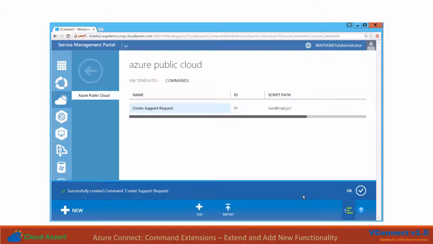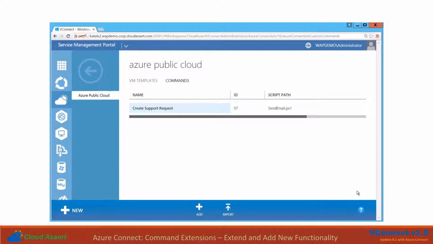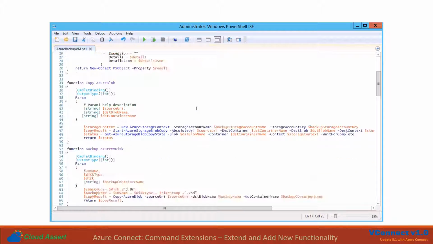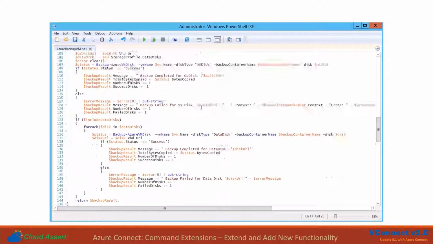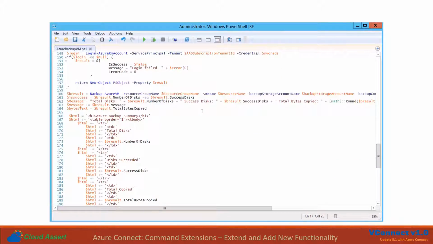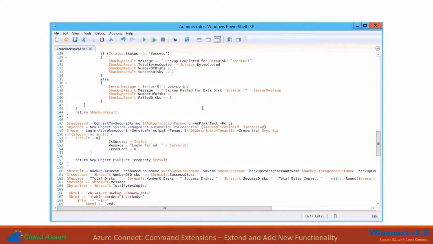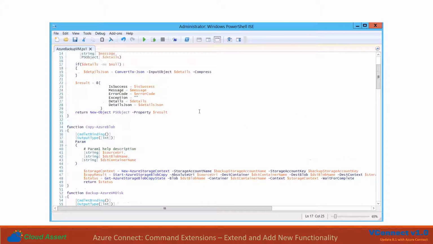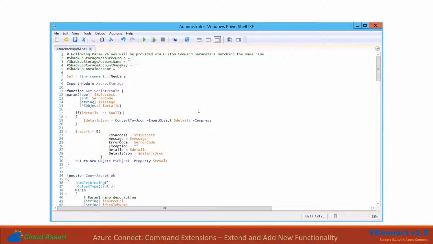So you can add a command as simple as sending an email to the support team, or let's say a scenario is you would like to add a command that takes a backup of an Azure virtual machine to the blob store. So for this command, I have created a script that basically, given a VM in Azure, it takes a copy of the VHD attached to the VMs to a blob store and a container specified through this vConnect, Azure Connect